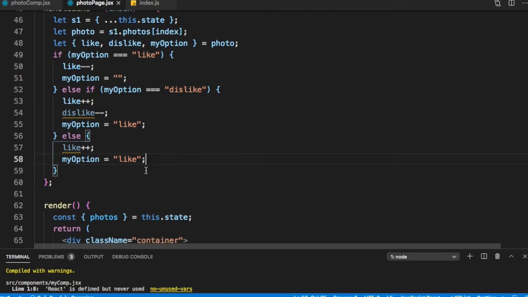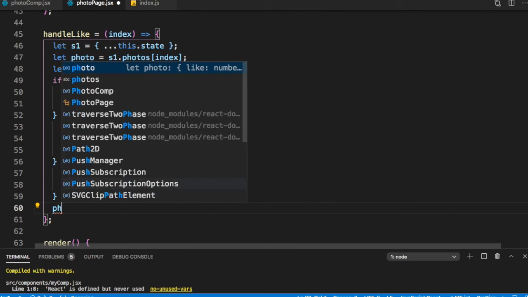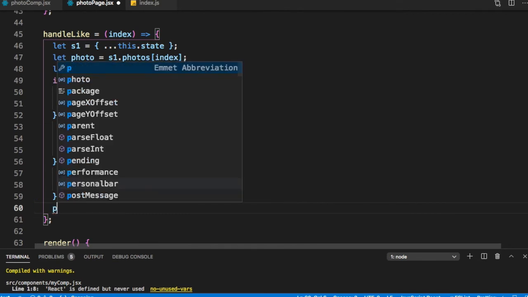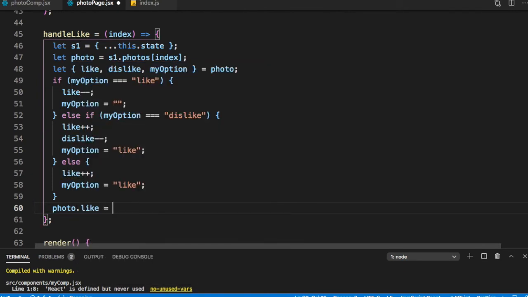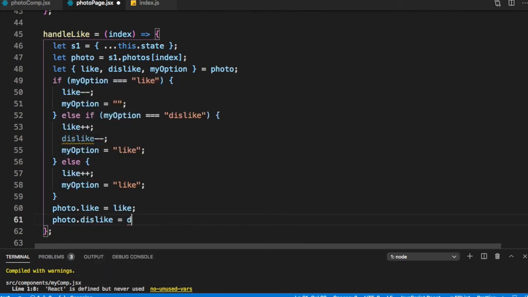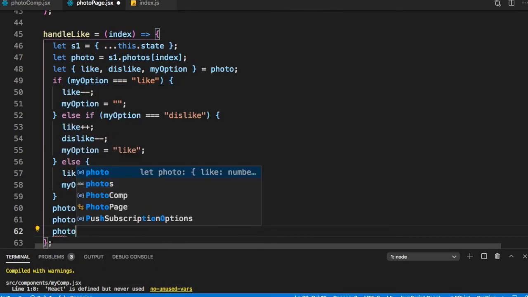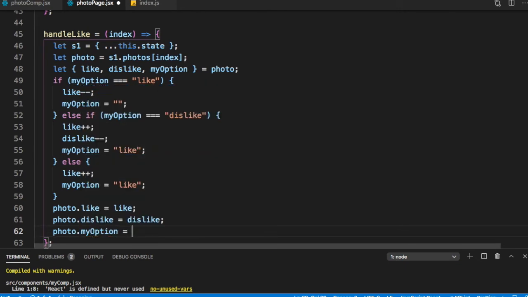So once we have done it, we need to update our photo. Why do we need to update our photo? Because these values will not get automatically updated in photo. Photo.like is equal to like, photo.dislike is equal to dislike, and photo.myOption is equal to my option.